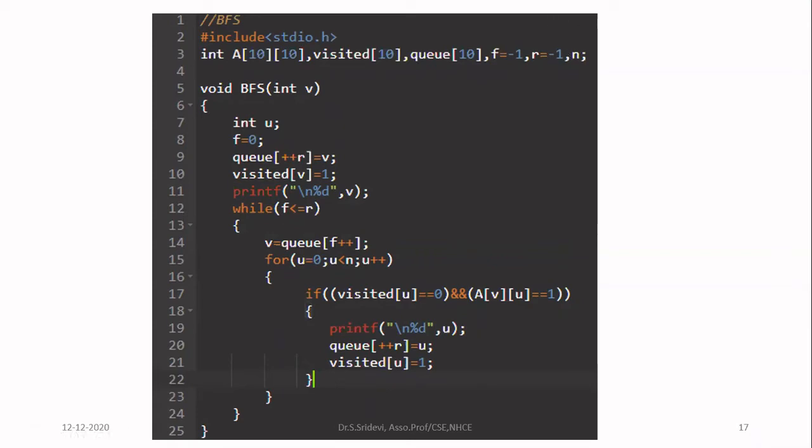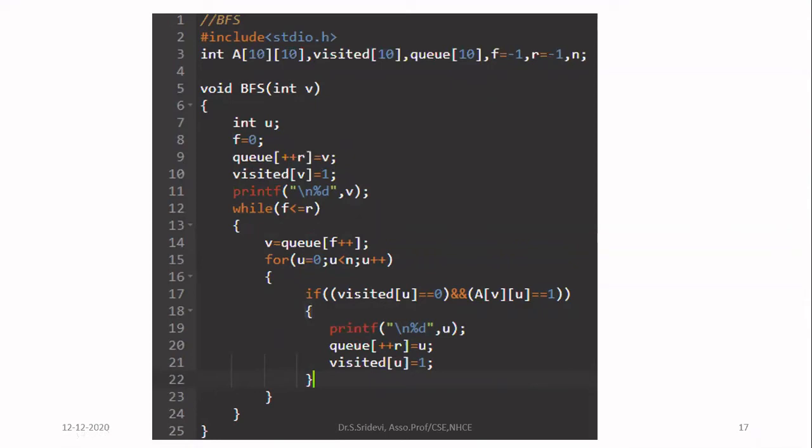So whenever you want to insert anything into the queue, you have to first increment the rear pointer, because rear is going to point to the index where you have already inserted a node, the last node. Now you want to insert only in the new position, that is the next position. So first we increment the rear pointer. So I am incrementing the rear pointer by means of ++r. After that, I am giving this as an index to q. That means first I will increment r. After that, in the new index of the queue, I am going to store my vertex v. This is nothing but, in line number 9, I am inserting the node into the queue.